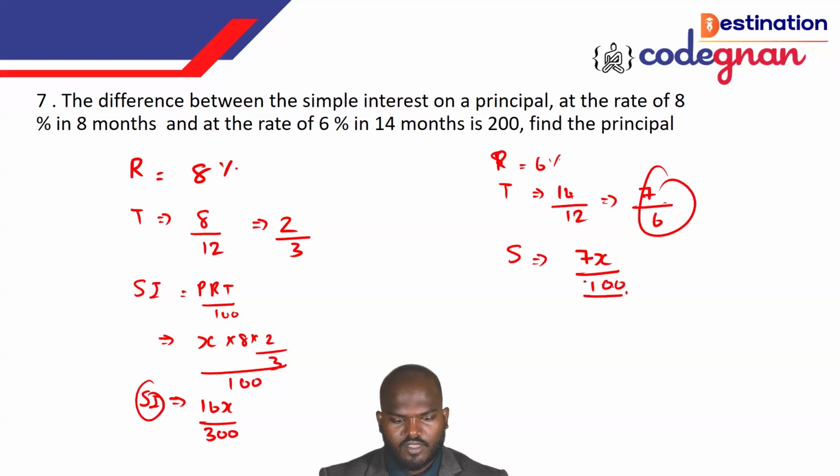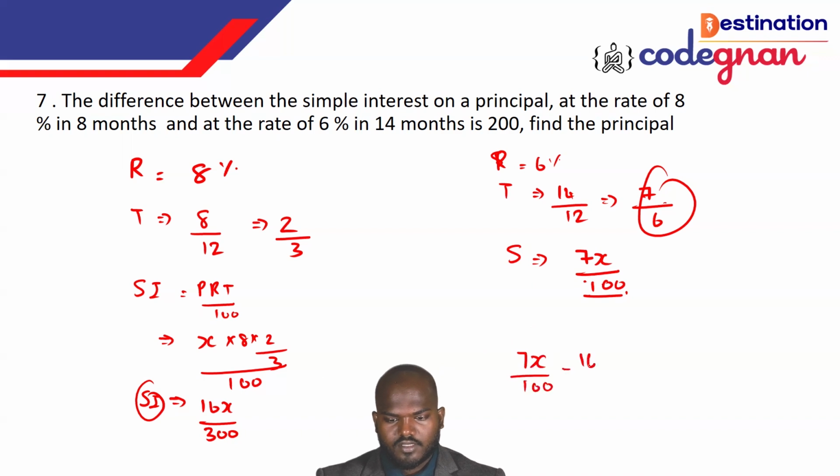They are asking the difference between the two simple interests, so I'm taking 7x by 100